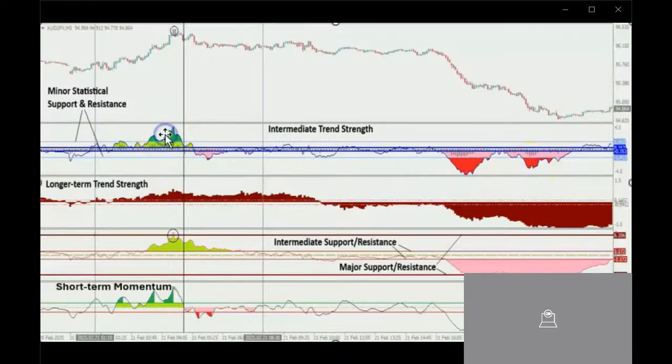When the oscillator is located above the center of this channel, the intermediate price flow is considered bullish and is considered bearish when the oscillator is positioned below the center of this channel. The panel just under the top panel measures the strength of the longer-term trend, with the best time to enter long or short positions existing when the histogram bars rise above or fall below the 0.1452 or minus 0.1452 threshold